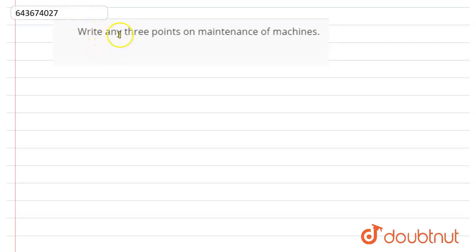Hello everyone. The question is, write any 3 points on maintenance of machines. So maintenance of machines we need, as we know, these machines are composed of many parts. So these parts of the machines rub each other